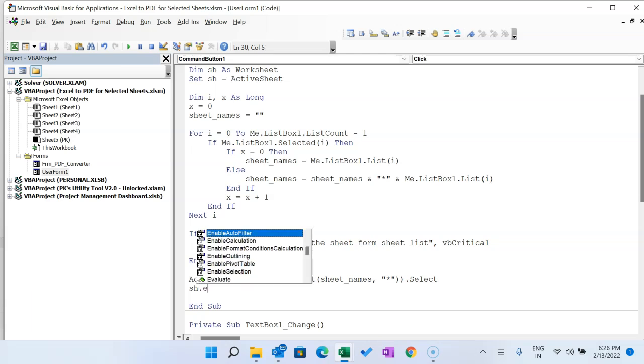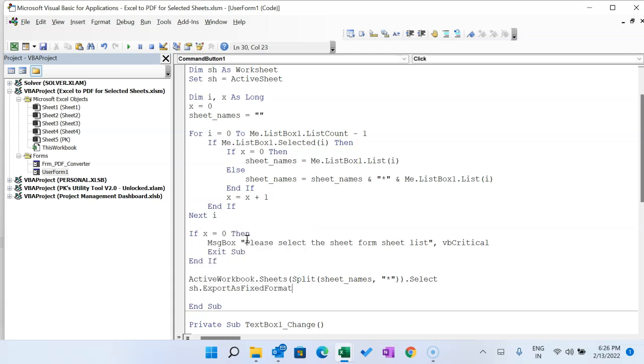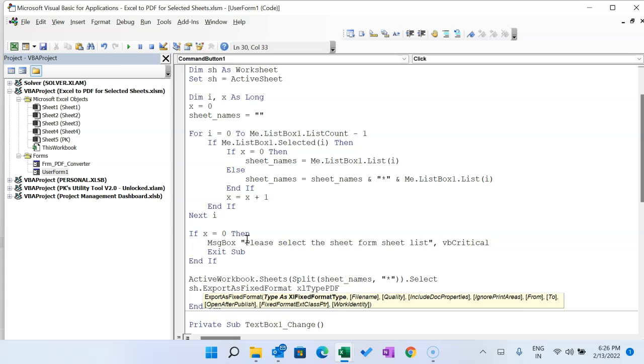So sh dot, I will use ExportAsFixedFormat, and type I will take xlTypePDF, comma, then we provide the file name with the folder path where you want to save this. I'll save it in the temp folder, so I'll use here bba.n1, and here I will put temp. I will save it in the temp folder, and